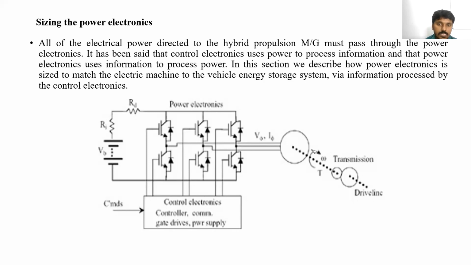So how much current is required, how much maximum current or rated current is required by the motor? That much current should be handled by these switches. For example, if I write 100 amperes, the motor current is 100 amperes, and we are using 10 ampere switches here. The current capacity of this switch is 10 amperes.